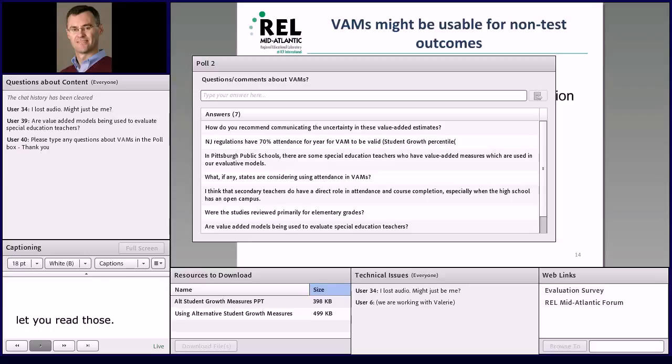How do you recommend communicating the uncertainty in these value-added estimates? That is a great question, and it's a real communications challenge. I think that one key point to make with regard to uncertainty is that any measure of anything has some uncertainty in it. So if you think about value-added models in the context of teacher evaluation generally, they're always going to be only part of a teacher's evaluation, and a large part of it is going to remain, and should remain, based on